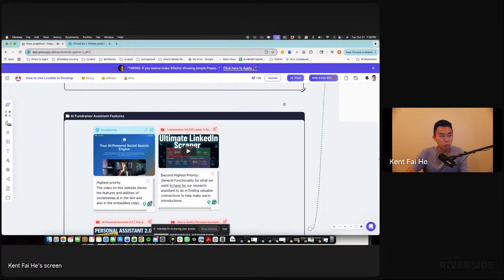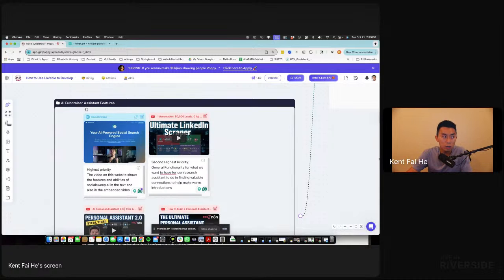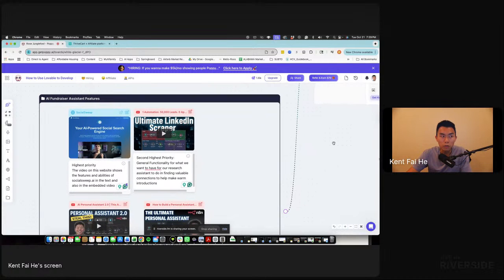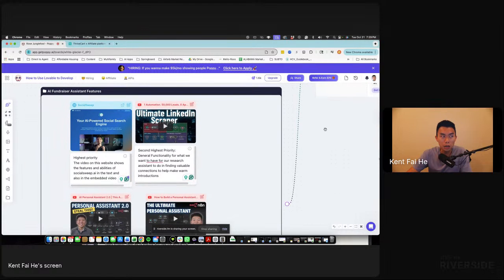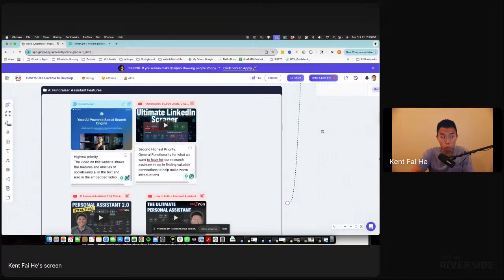Now, the second group that we have includes different features of other n8n applications, personal assistants, and a website or application called socialsweep.ai. Socialsweep.ai essentially allows us to pull in our existing network, go through it, and figure out, hey, whenever I'm going to a city, who do I already know in that network? If I'm trying to get on a podcast, who can I get to make that warm introduction? And specifically when it comes to fundraising or getting support or raising funds for affordable housing, I want this tool to be able to show me, hey, who knows who, so that they can make a warm introduction to that